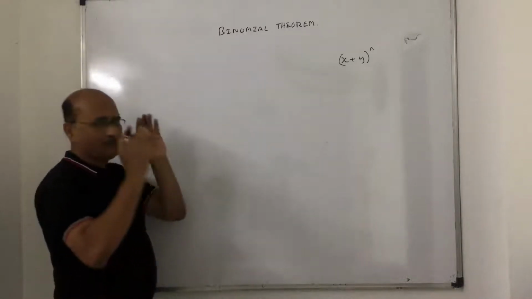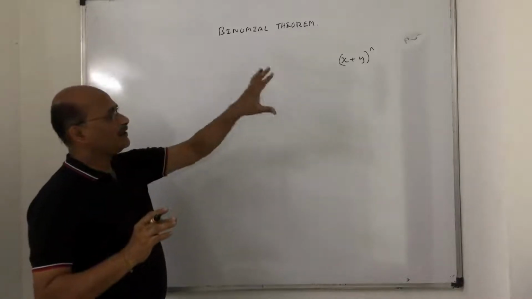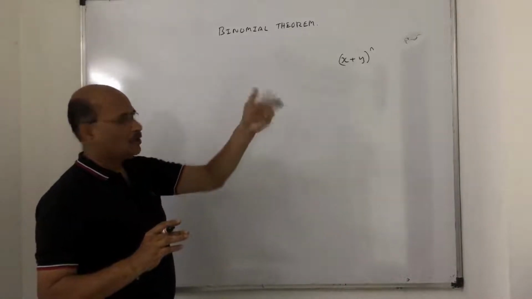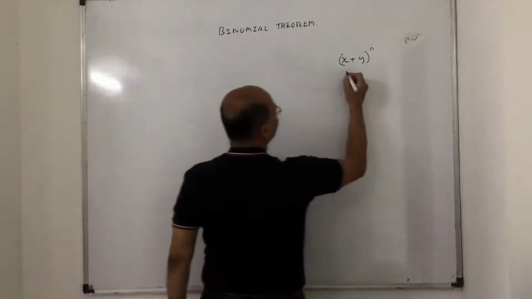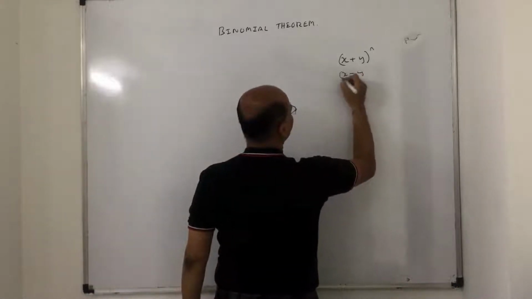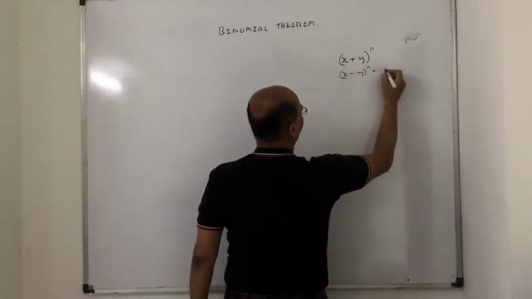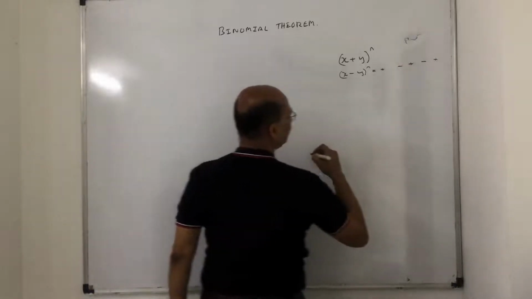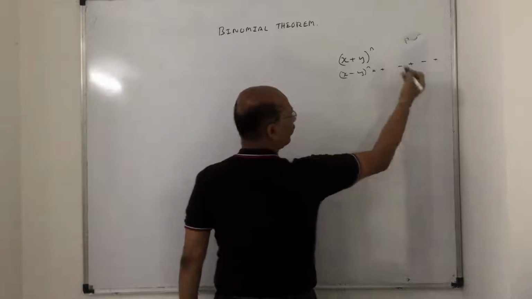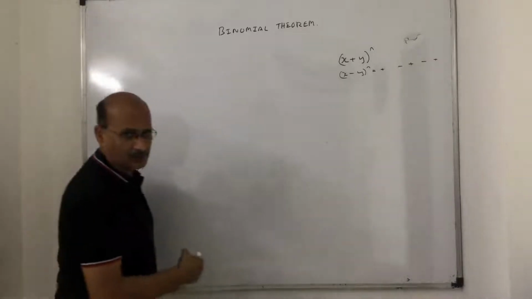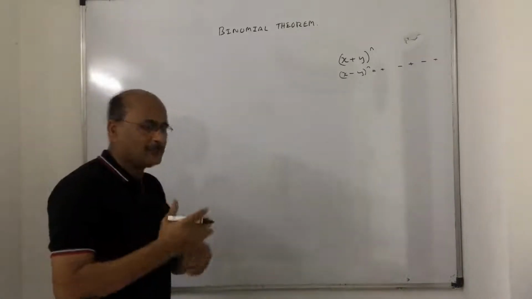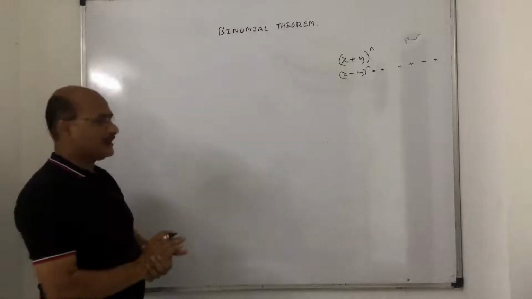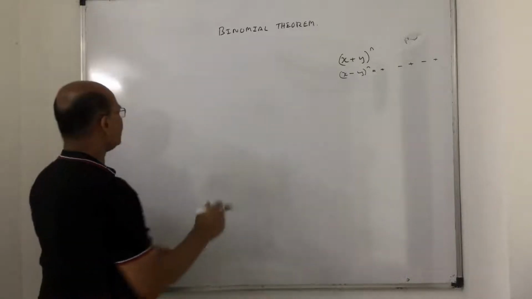So first is a basic sum on expanding (x + y) raised to n. One more point: if this happens to be (x − y) raised to n, the working remains the same, but the terms will carry alternate plus and minus signs. We will see one or two examples on this. So the first question says